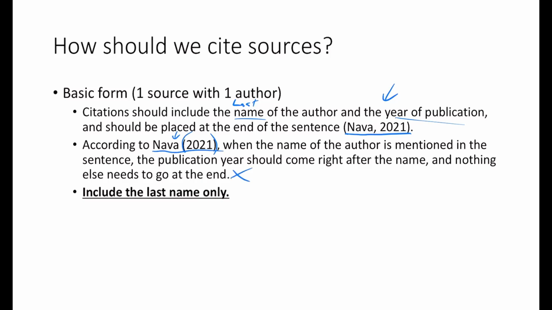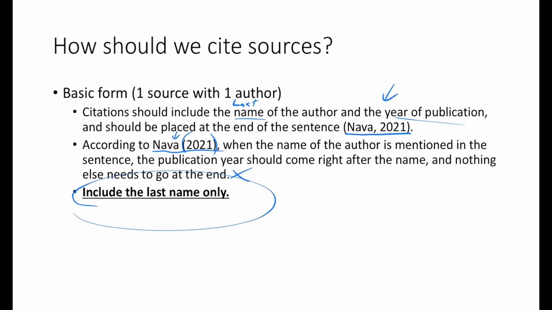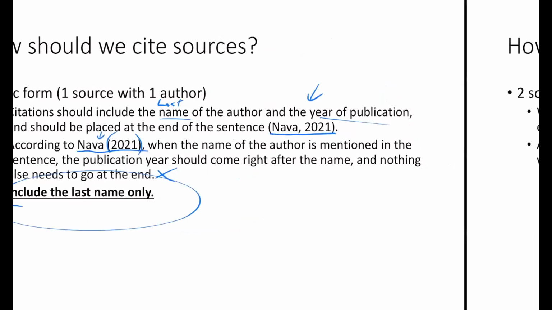A big mistake that I see a lot of people make with APA when they're first starting out is they'll put the first and last name, or they'll put the last name and initials when they're citing in the text like this. Only do the last name. Don't put anything else except for the last name in the text. Later on at the very end, you're going to be able to give a little more information. But in the text, we don't want to put too much because that distracts the reader from the point that we're trying to make. So we're trying to keep it short and simple here.